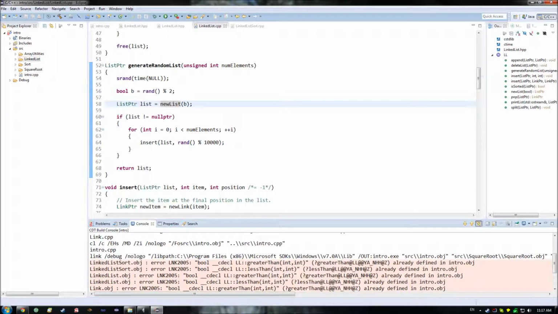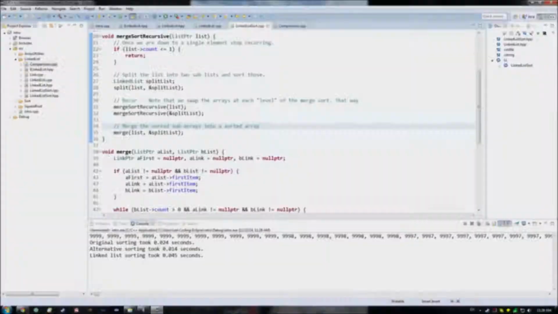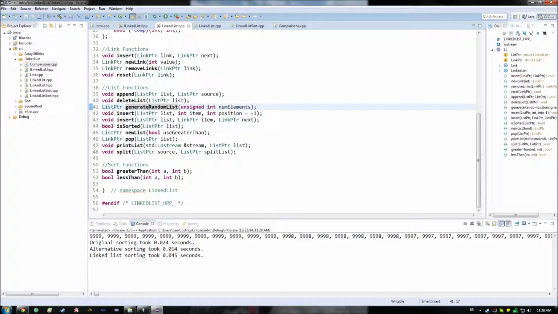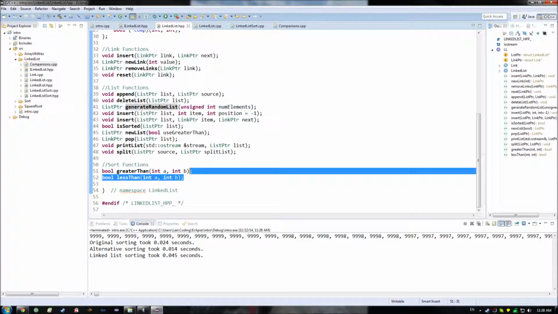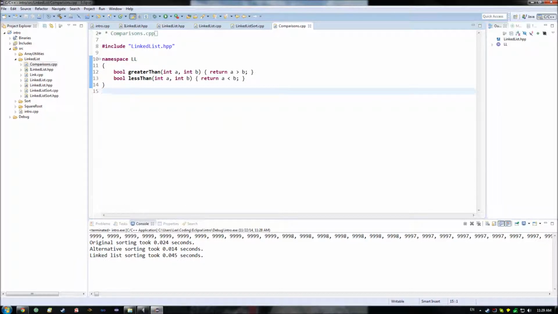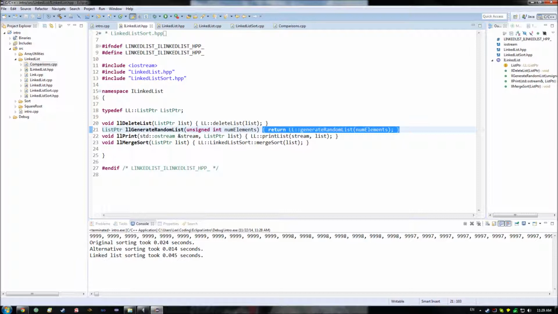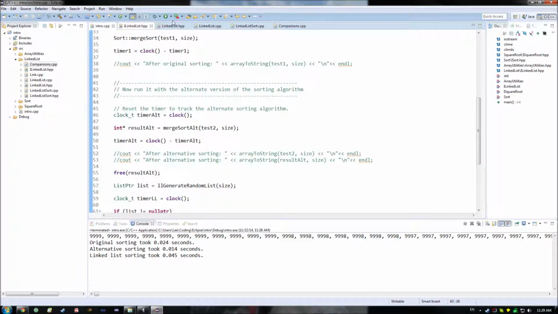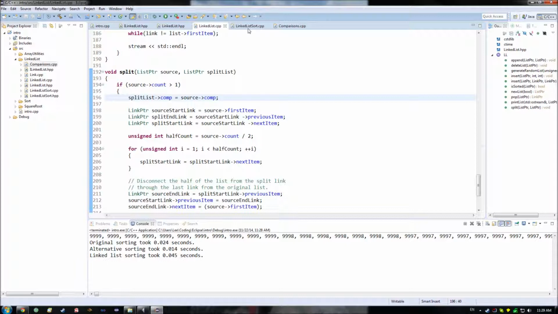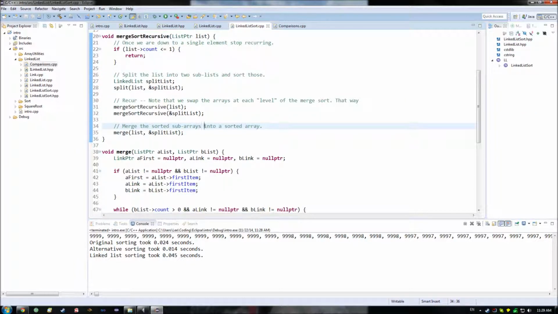However, we do still have another couple of problems in here. The error that we were running into was that up in here, I had been defining these in here because I was in a bit of a hurry and didn't want to spend the time creating a file to have them in. The reason why that's a problem, whereas this over here isn't, is that this header file is only included in intro.cpp, whereas this one is used by iLinkedList, linklist.cpp, linkedlistsort.cpp, and